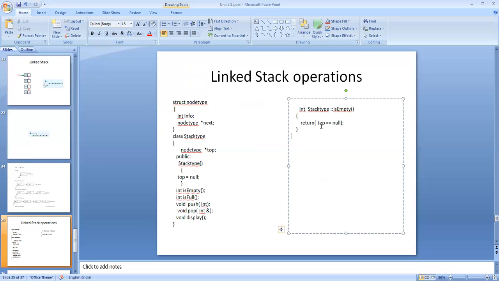By knowing whether the top is pointing to null, we can say whether the stack is empty or not. Our next function is checking whether my stack is full or not. As I told you in the last class, there is no limitation on the number of elements to be kept in the linked stack. The capacity of the memory device in which the stack is going to be kept is the limitation.